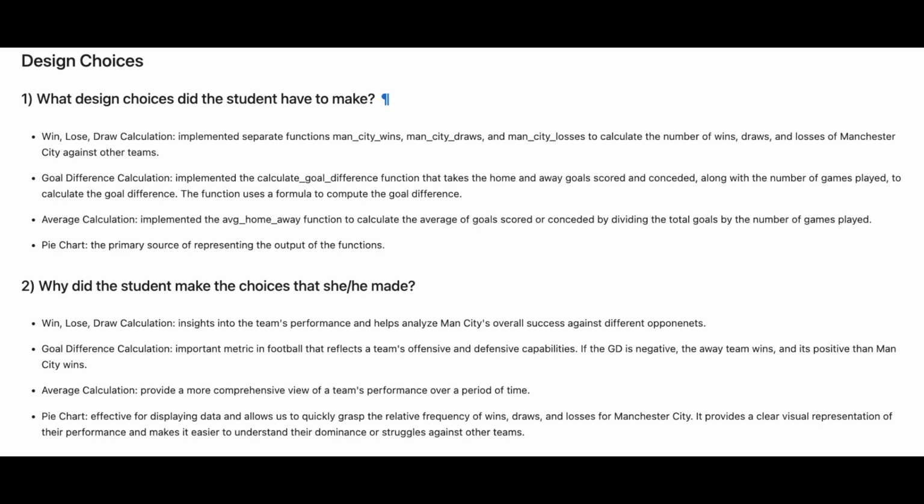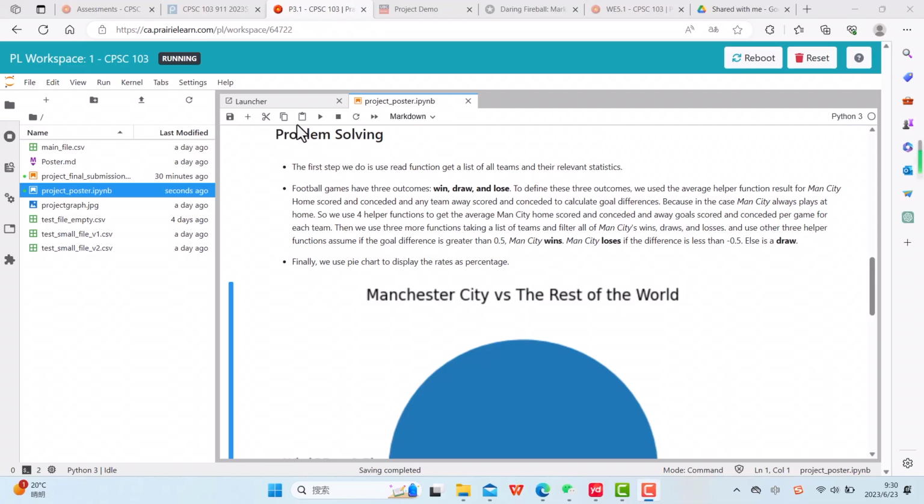And lastly, the pie chart, the primary source of representing the outcome of the functions. A pie chart is an effective way of displaying data and allows us to quickly grasp the relative frequency of wins, draws, and losses for Manchester City. It provides a clear visual representation of their performance and makes it easier to understand their dominance or struggles against other teams. For problem solving, the first step we do is use the read function to get a list of all teams